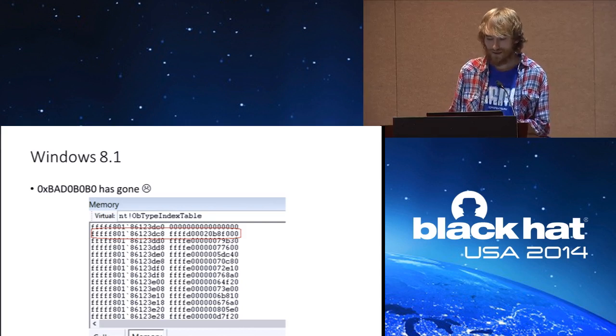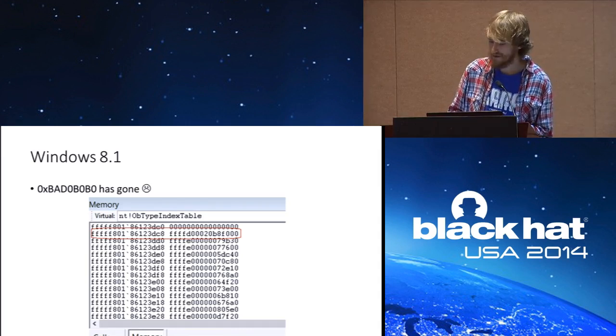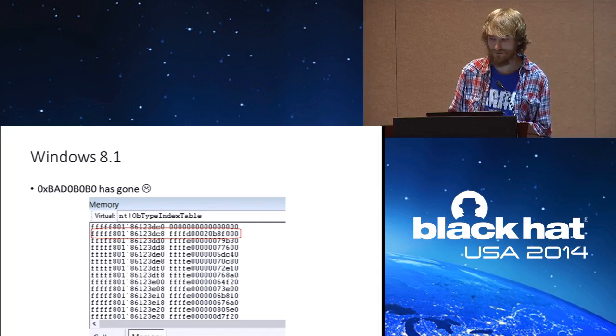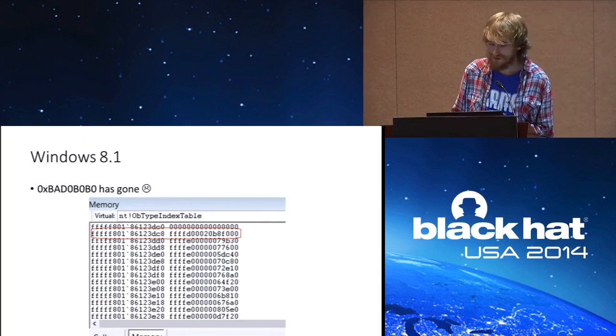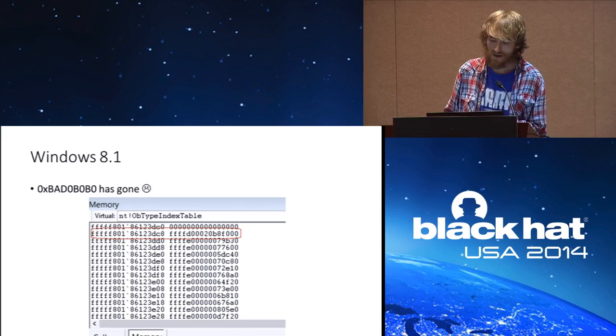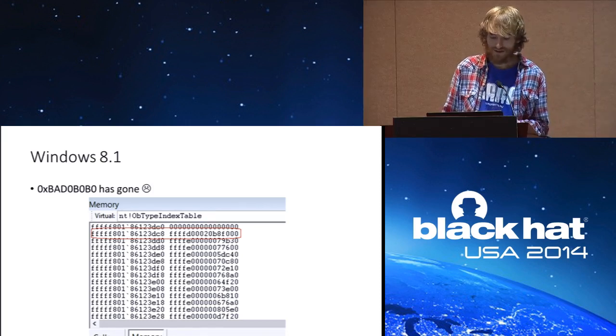So for a user mode attacker, there is no possibility to somehow alter that memory. So there is no way to inject memory there. So this attack using 0xBAD0B0B0 and type index 1